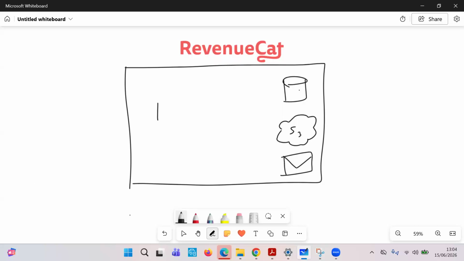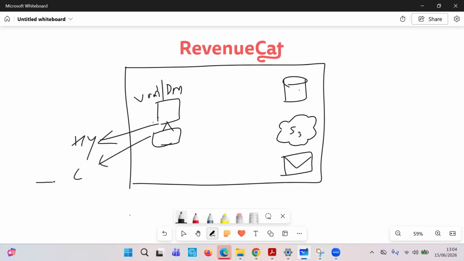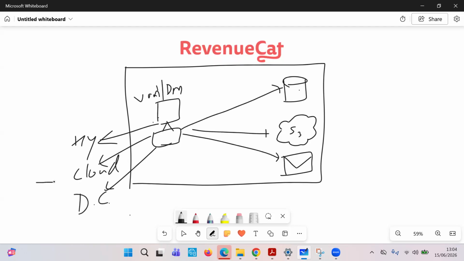Now, what BigID would do is we'll simply install or promote a machine into a scanner. This scanner can be a virtual machine or a physical machine, which means I can install this on a hypervisor, or I can install this onto any cloud structure, or I can also use physical machines from my data center. And what the scanner does is start communicating with these data sources using the out-of-the-box connectors